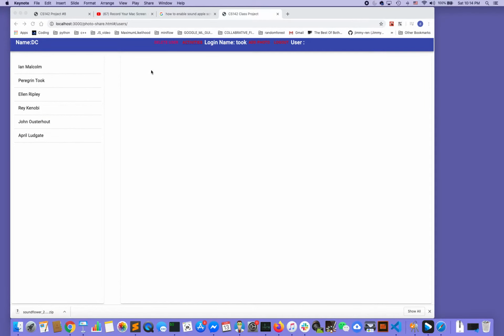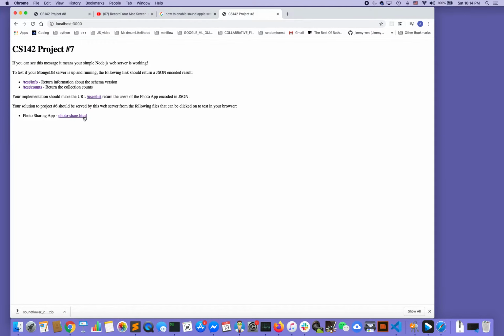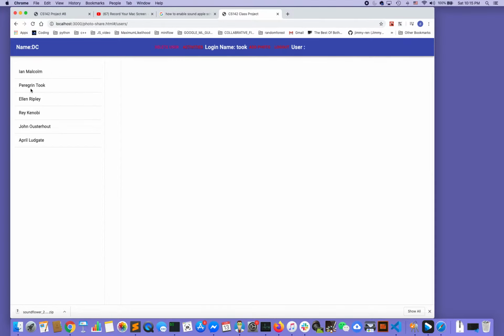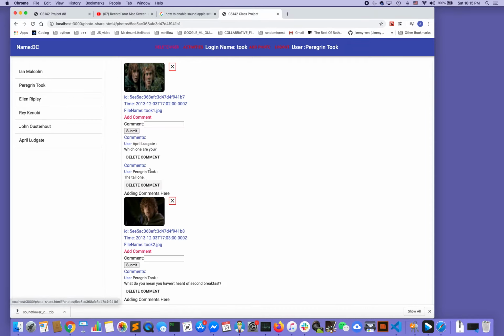The demo starts by logging in first as a user. Going to the user details, and this is the extension part 1 where they're listed by most recent photo and by the number of comments. Most recent photo first. Clicking on either photo gets to the user photo